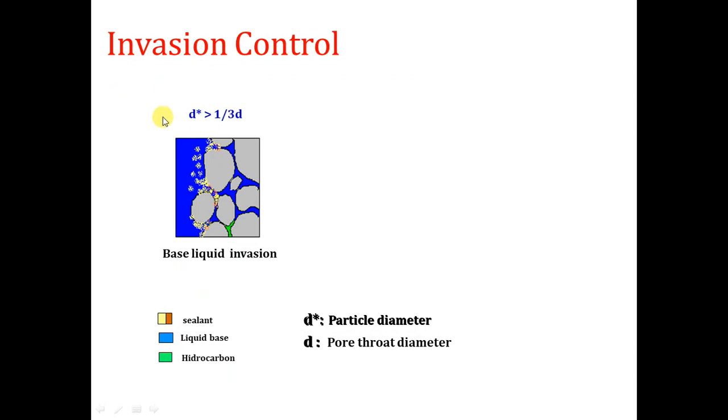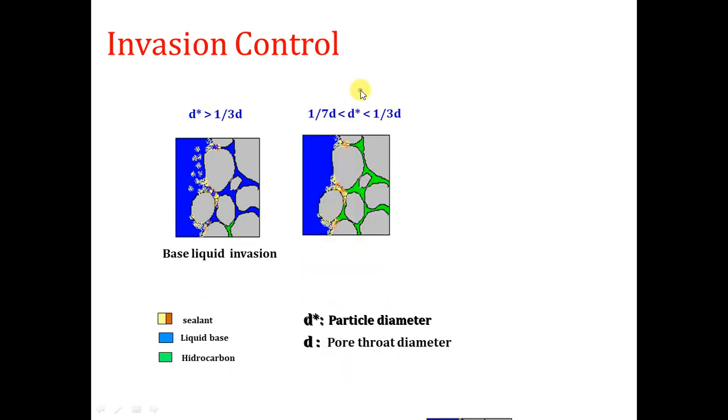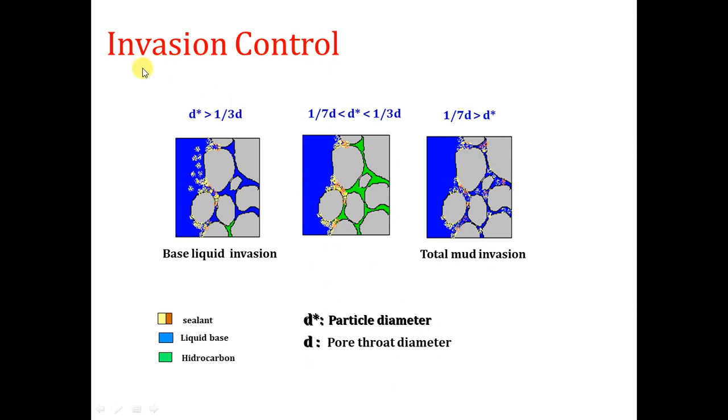The invasion control, as I told you here, we will talk about it in detail in a very important lesson. It's called the stress cage technique and the particle size distribution. Why do we use this? Because these are used especially in the reservoir zone. As you see here, for example, while drilling without it, some solids are making the filter cake here, and all the filtrate is coming to the formation. This makes a lot of problems.